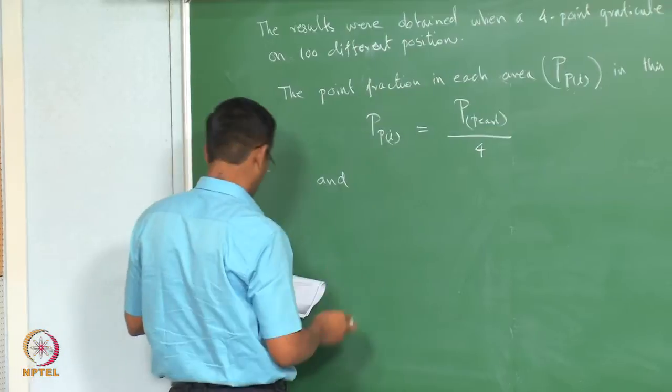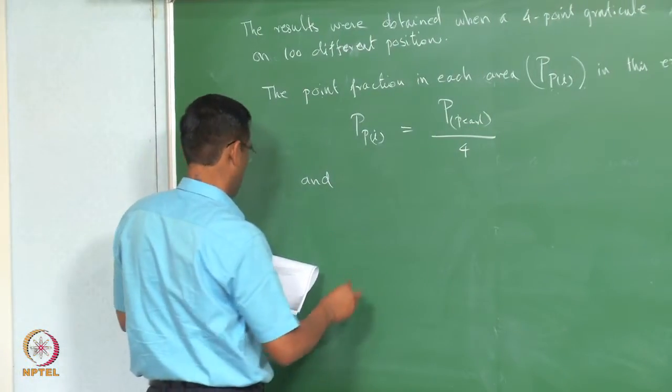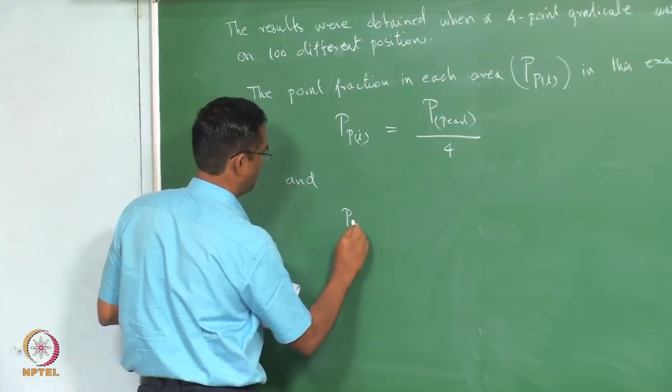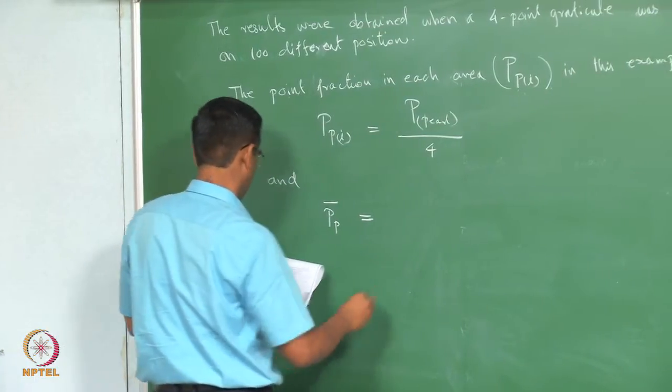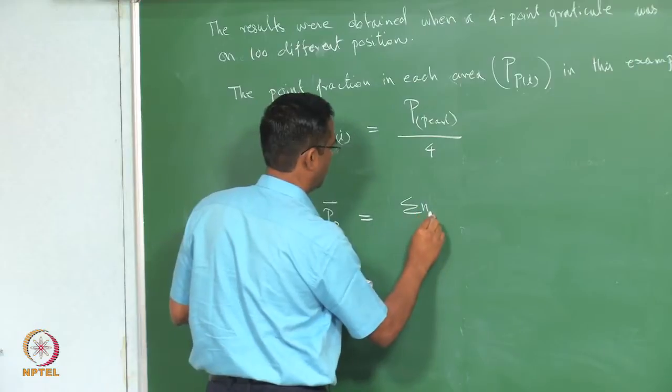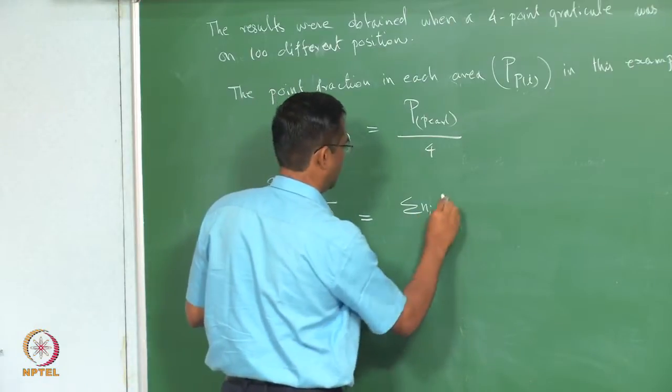So, the same thing can be written for the average values for n number of counting. So, you get